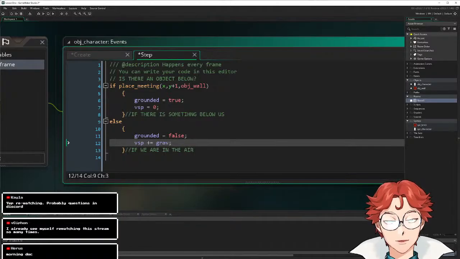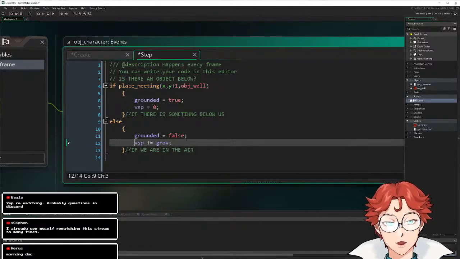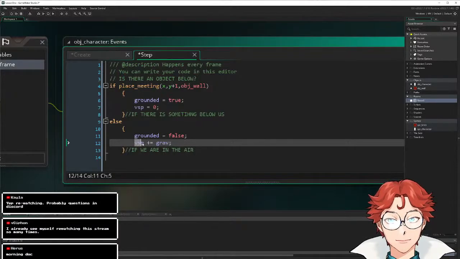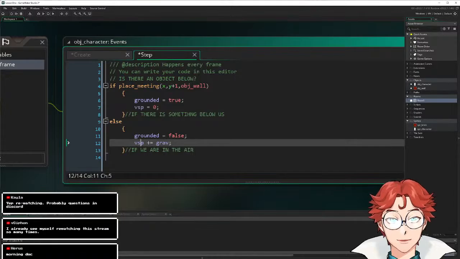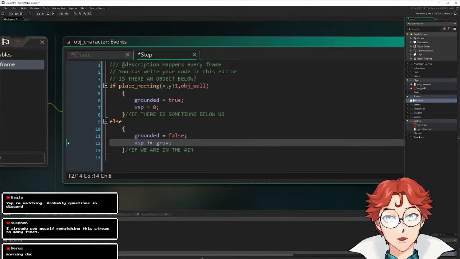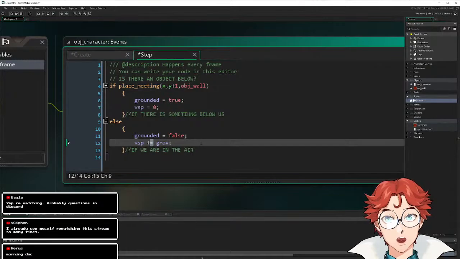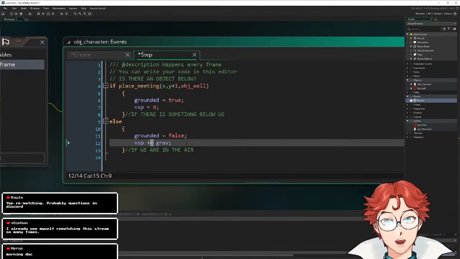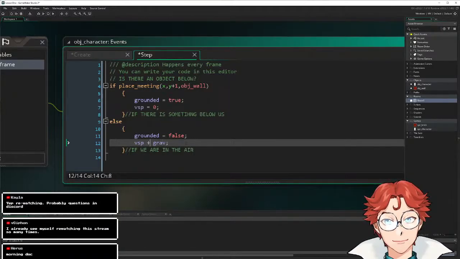The reason why I have it shortened into VSP is we are going to end up typing this a lot. So we want to have something brief, only 3 letters here, that we can generally read what it's supposed to mean. So vertical speed plus equals. Now the equal symbol here is important. In most programming languages, that means we are setting something. This is roughly equivalent to a period when you are writing out a sentence. If we just do VSP plus grav,